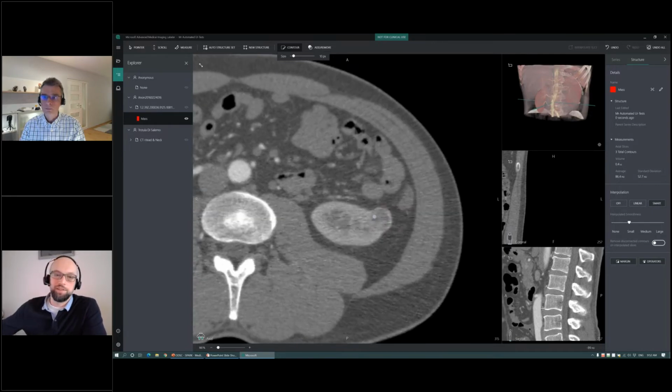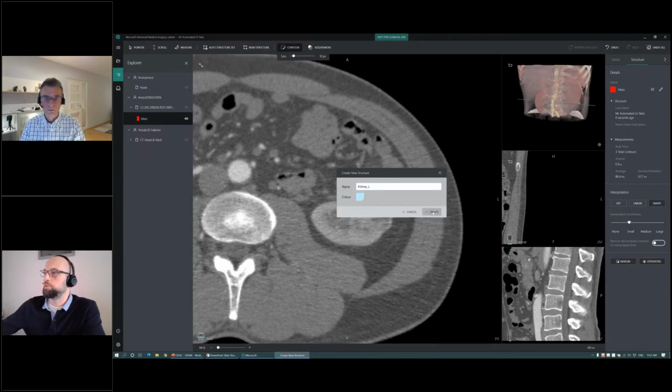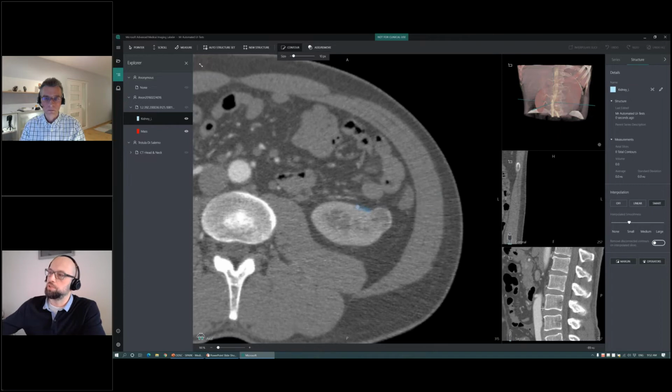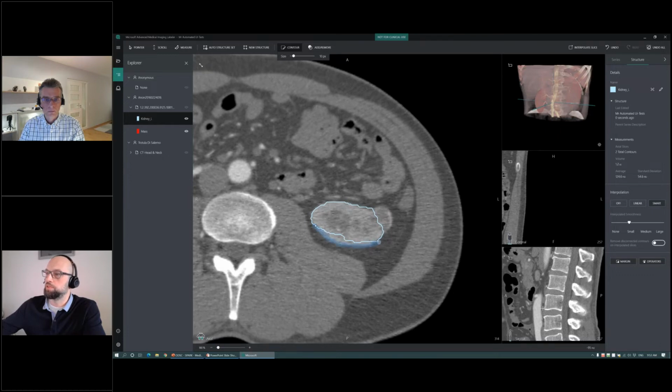And then radiation oncologists would not only need to contour the mass, they would also need to contour other organs around it. Let's say there's a left kidney here as well. I want to contour it because I want to track how much radiation the kidney would get. So I would want to do this as a radiation oncologist, and then do this on the neighboring slice, and this one, I kind of made a mistake here, so I want to correct it, and so on. That's a very laborious task, and what we set out to do within this project InnerEye